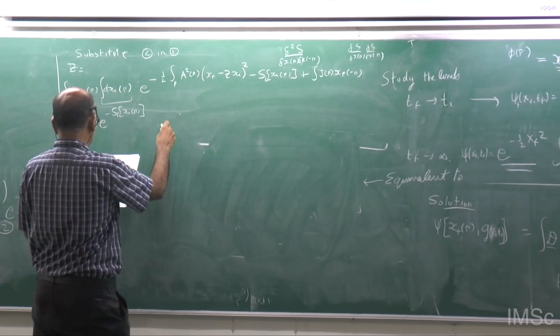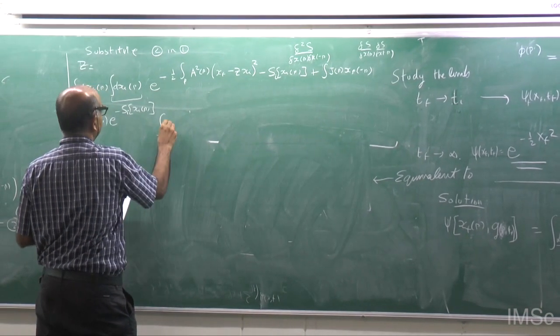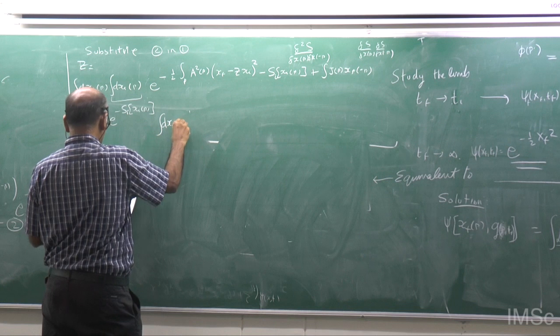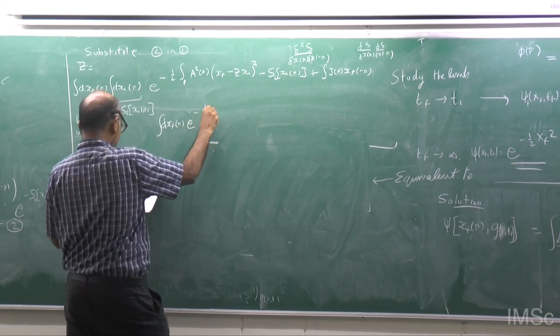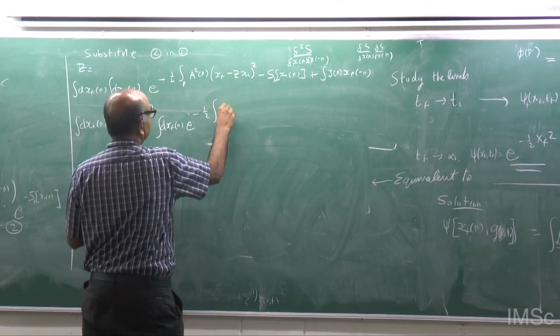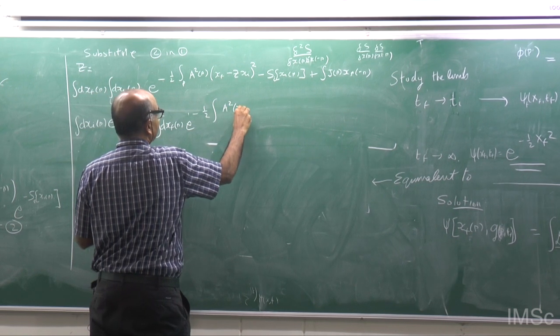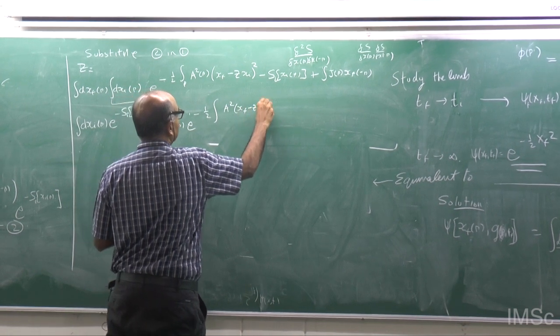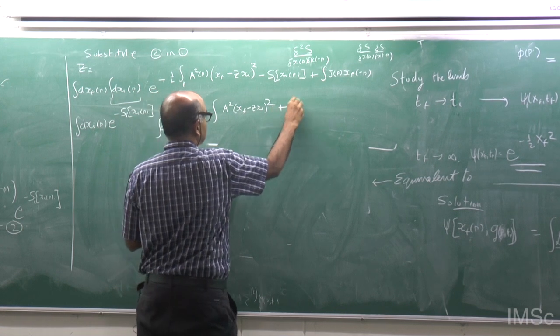Exi times do the rest of the integral dxf. So this whole thing a squared xf minus z xi whole squared plus,